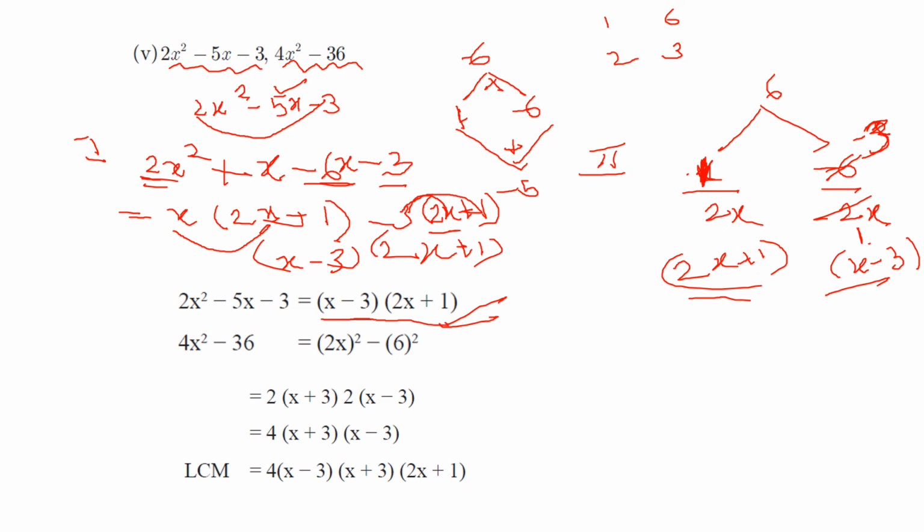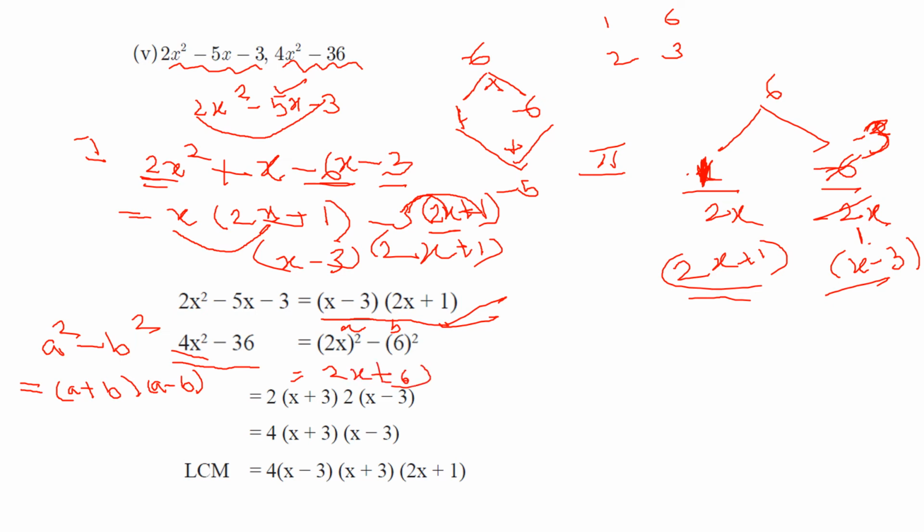Next one, 4x squared minus 36. This is a squared minus b squared, as I told you. What is the answer? a plus b into a minus b. Here in this sum, what is a? This is a squared only. a means we have to find the square root: 2x whole squared, since 2x into 2x gives 4x squared. Therefore 2x is a, and 6 squared is 36, so b is 6. So how will you write? 2x plus 6